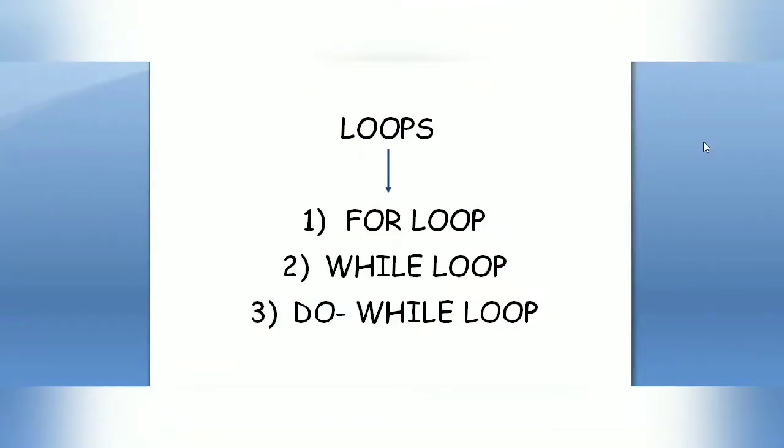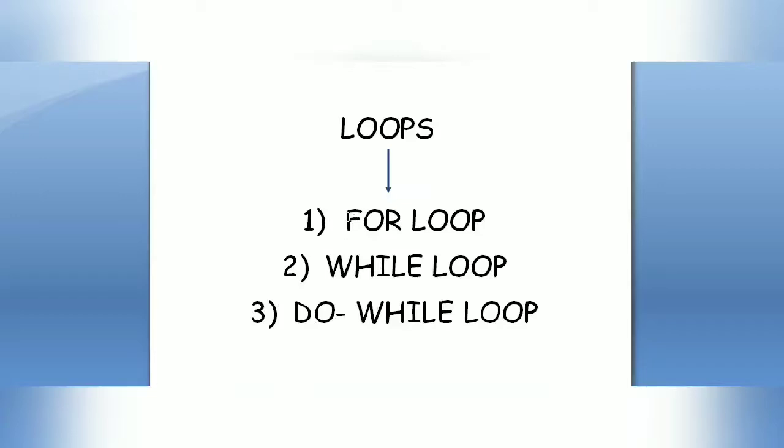अब आपको समझ में आ गया होगा द वर्किंग ऑफ द लूप. सो अभी हम देखेंगे what are the different types of loop in Java and how they are written. So there are basically 3 types of loops. One is your for loop, the second while loop, and the third is do while loop.